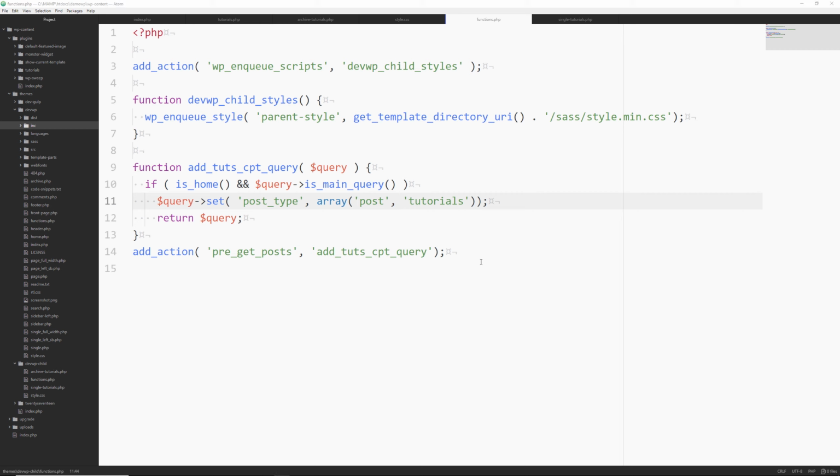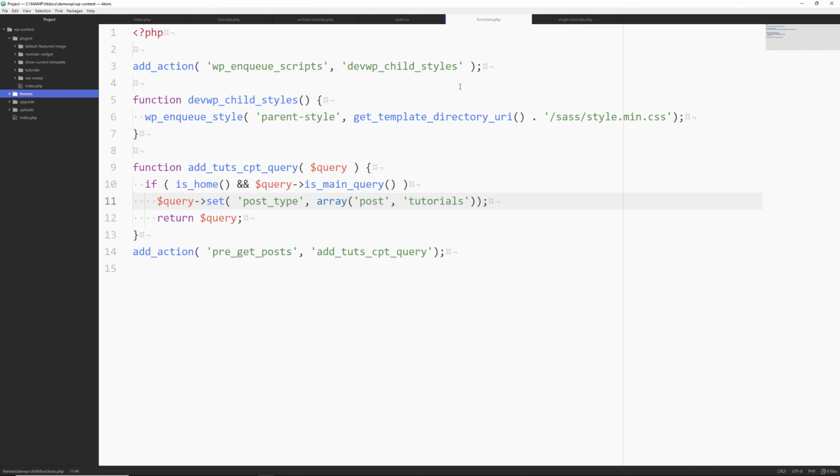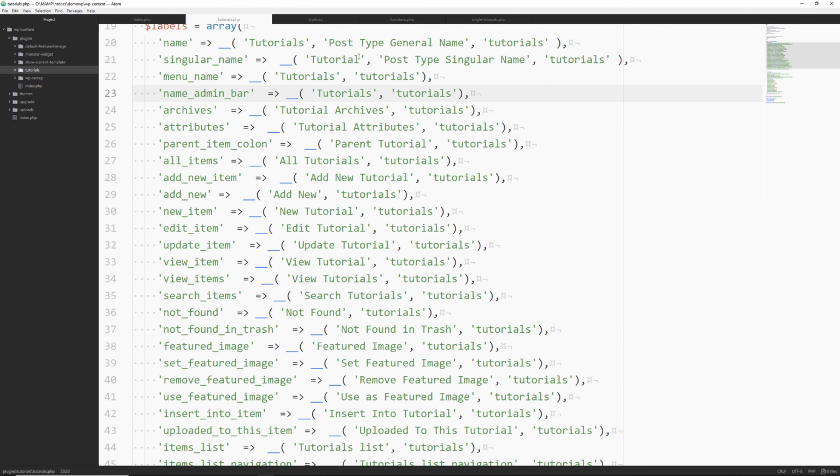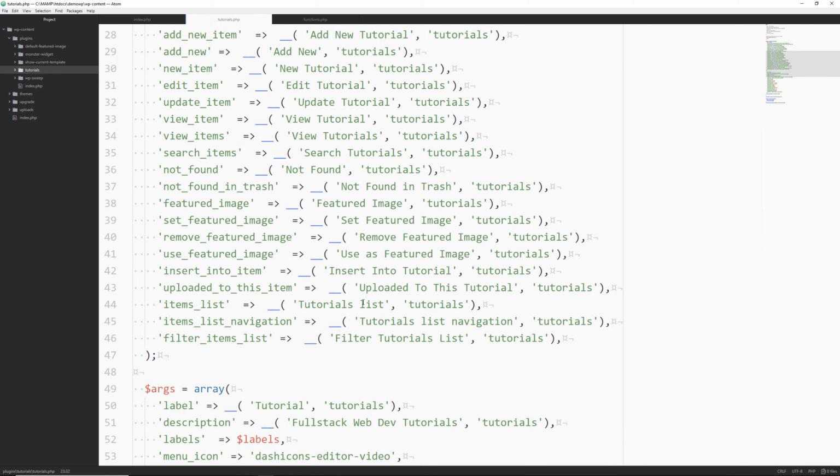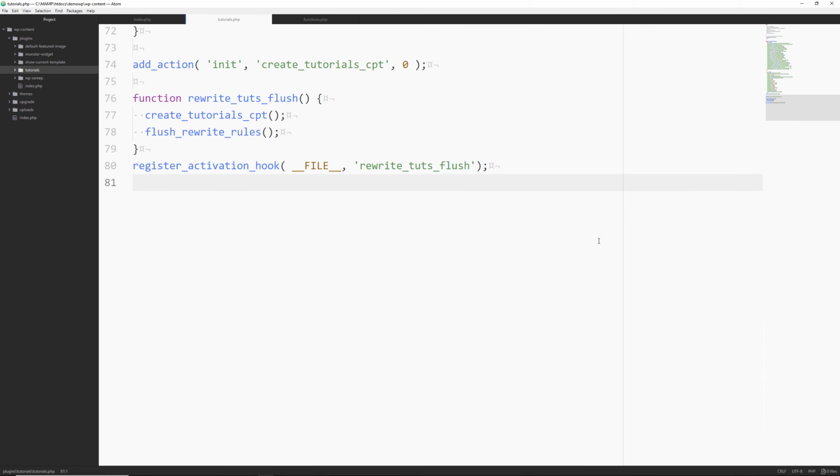All right, so now what I want to do, let me close this off over here. Let me X out of that one, X out of that one, this one. Let me go back here. So I'm going to go to the bottom because now what I want to do is talk about custom taxonomies. So I'm going to put a comment block there, custom taxonomies. Okay. So these are going to be like the categories and the tags, but we may want to have some custom taxonomies that'll be named different.